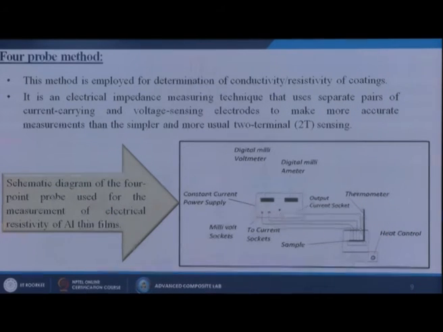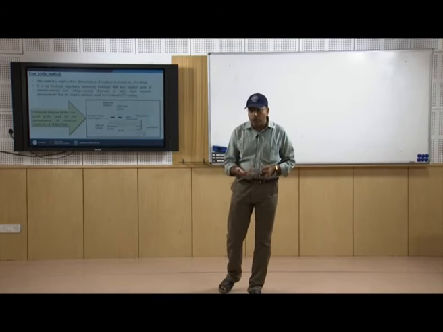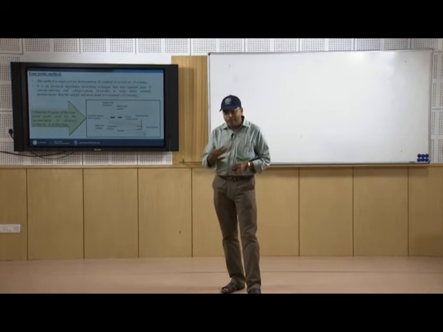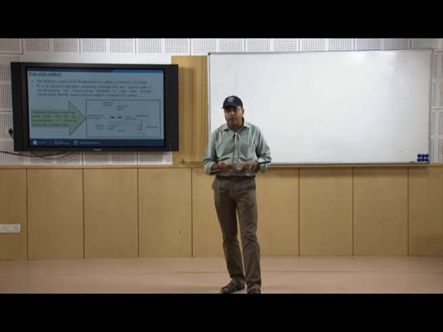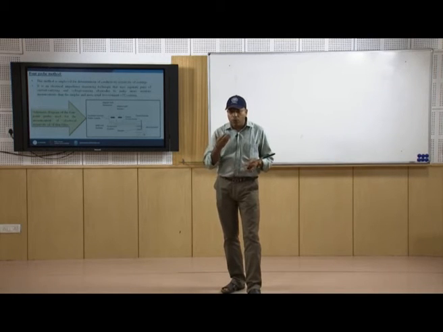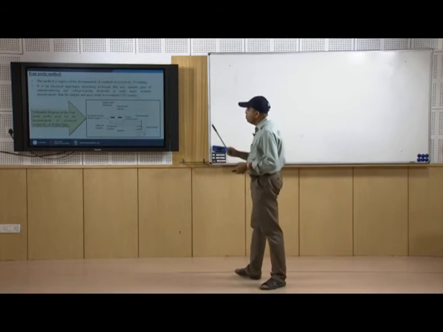So if I am doing some kind of coating onto some material, and maybe that material is non-conductive, but I want to make that material conductive, what will I do? I will do a coating of some conducting material onto it, so that the outer surface of that particular material will become conductive. Then, to check whether that coating is properly conductive or not,